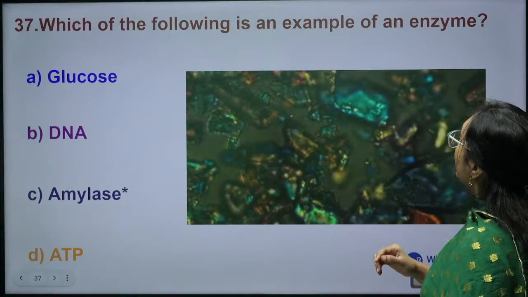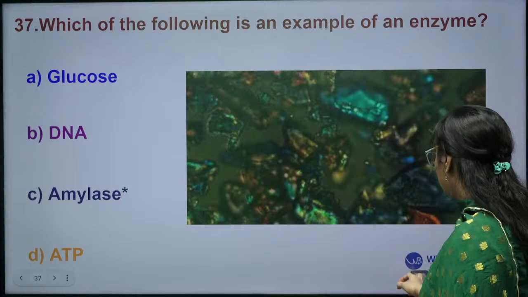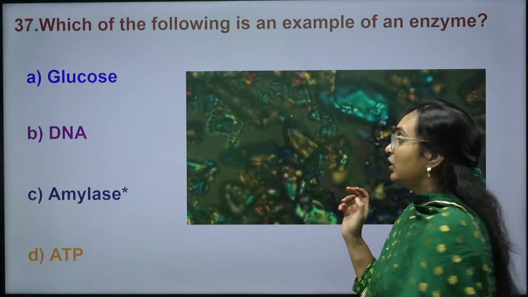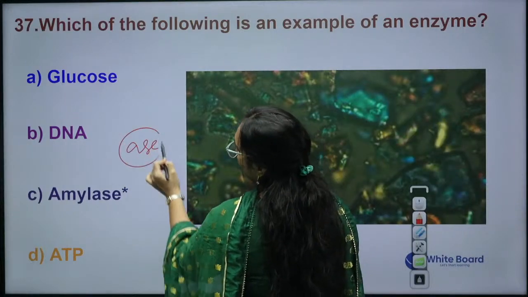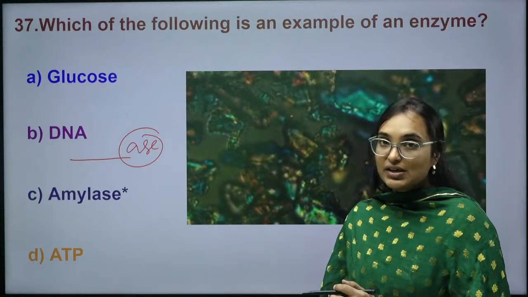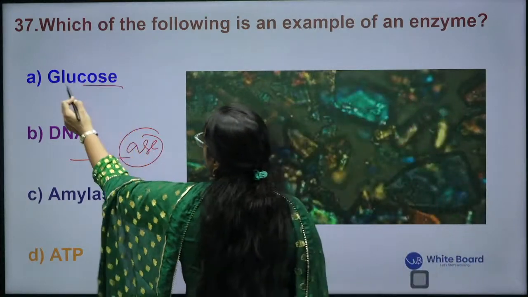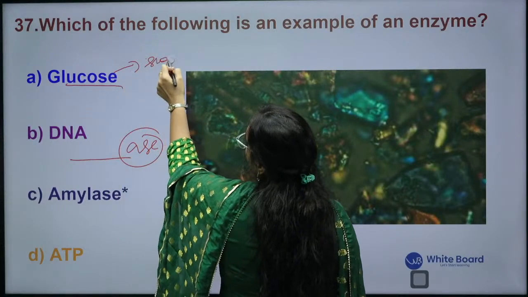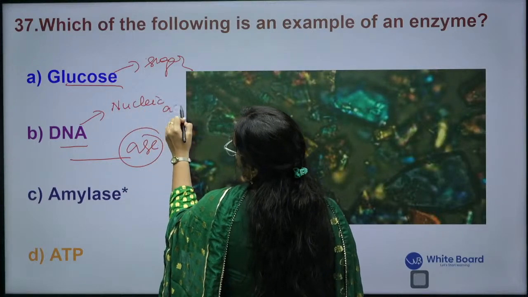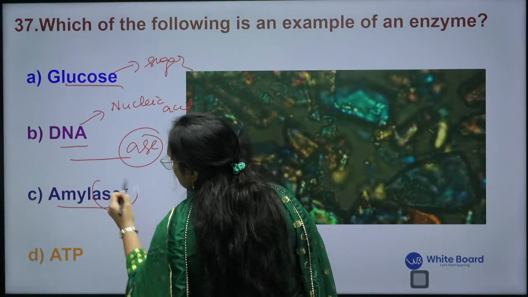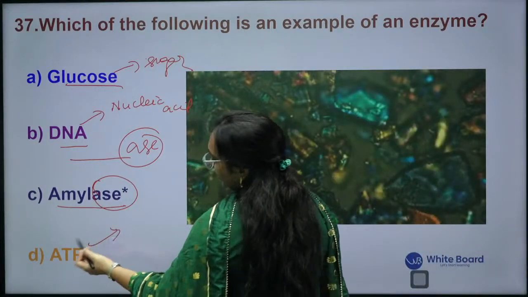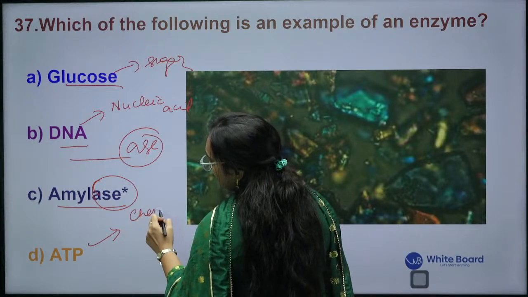Which of the following is an example of an enzyme? One point to be remembered is that whatever name has "ase" at the end, it is considered an enzyme. Glucose is a polysaccharide, a sugar. DNA is a nucleic acid. Amylase, "ase" is there, so it is an enzyme. And ATP is a chemical molecule having nucleic acid,